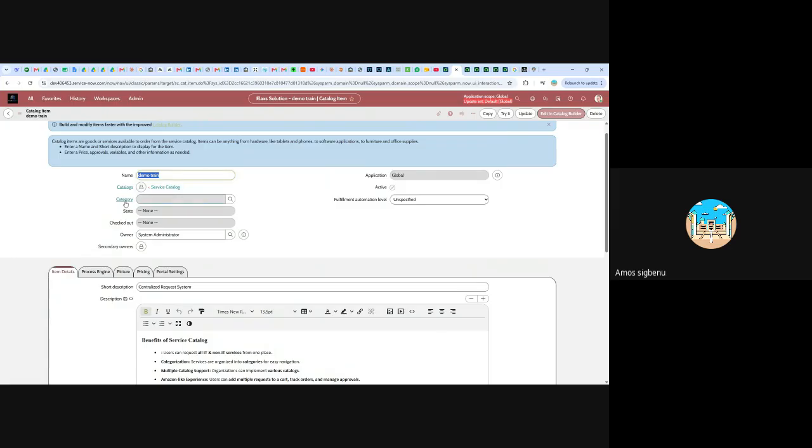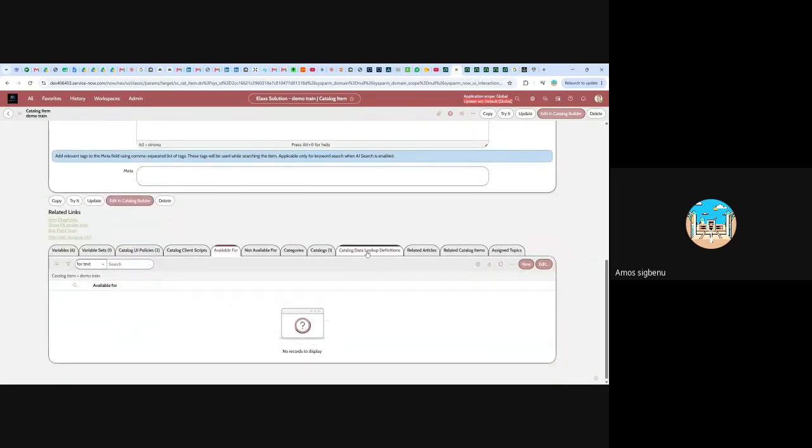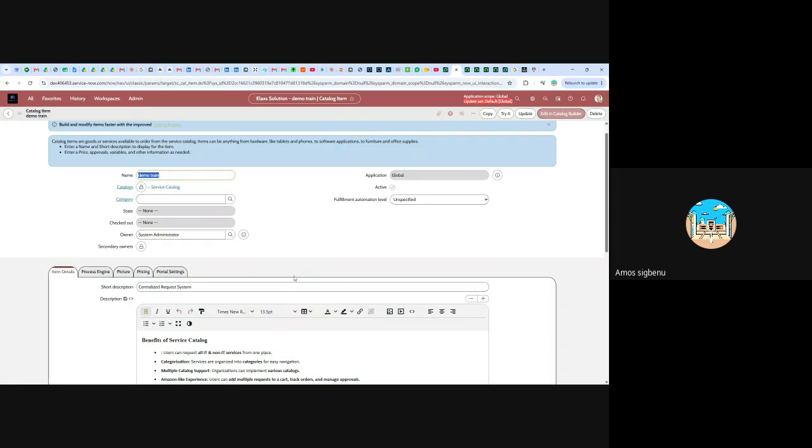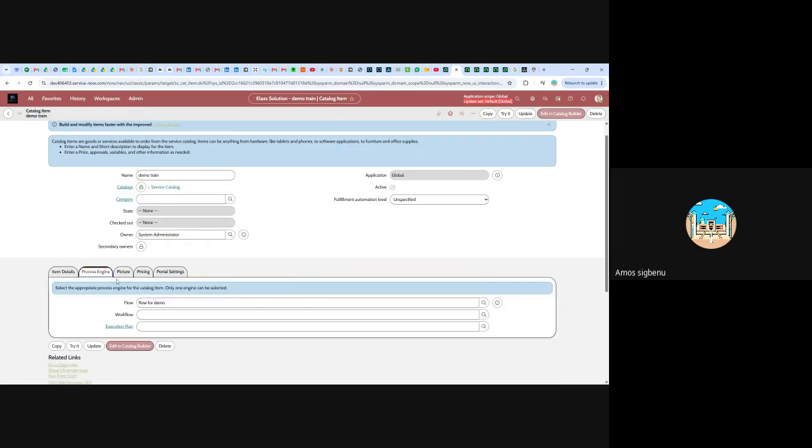The catalog you choose, the categories you choose, definition lookup. So you barely use this, right? You barely use them. So these are basically what you would do when you're trying to create. Now, after that, the next thing we have to do is what we call process engine. You have to create a flow for it. Now, how do you create a flow? Now, what is the case? What is the user story? The user story is